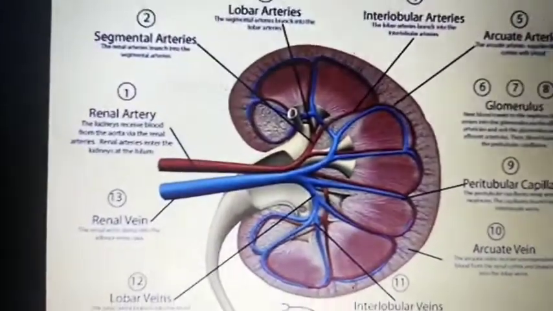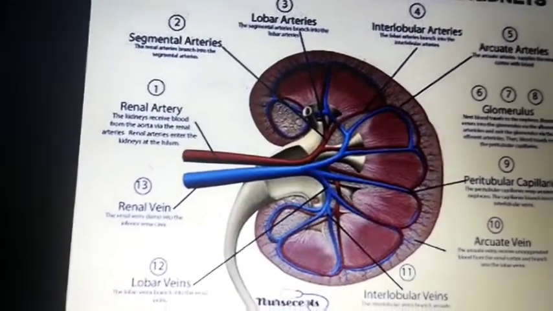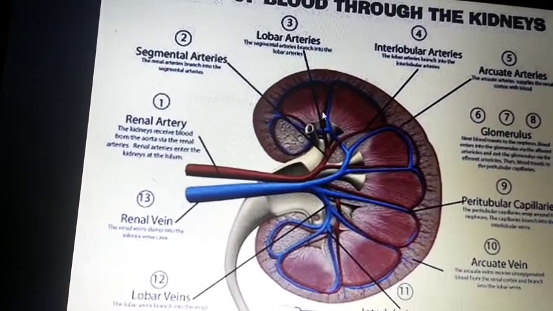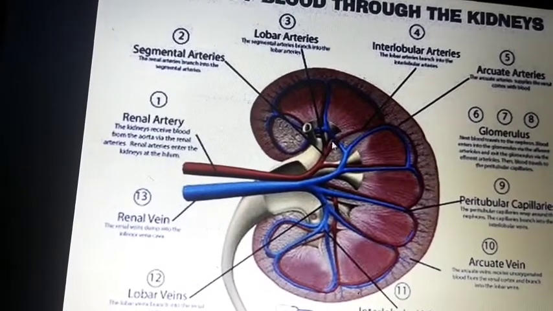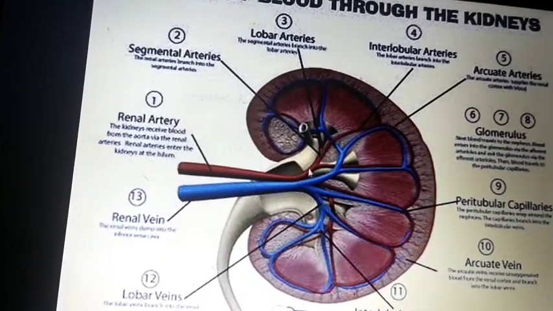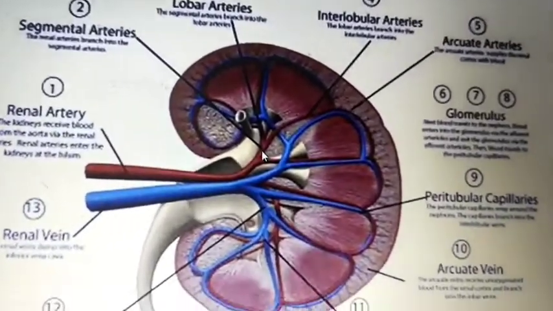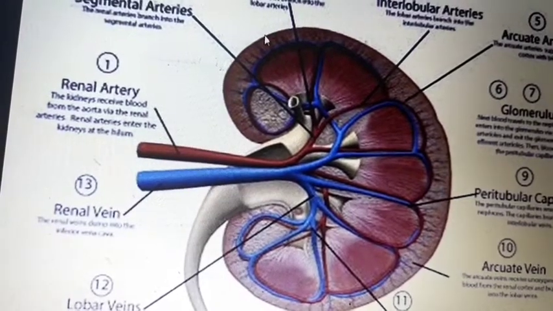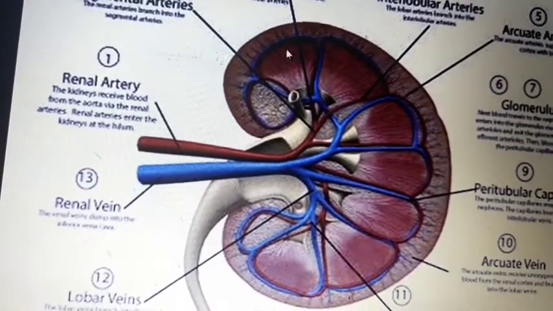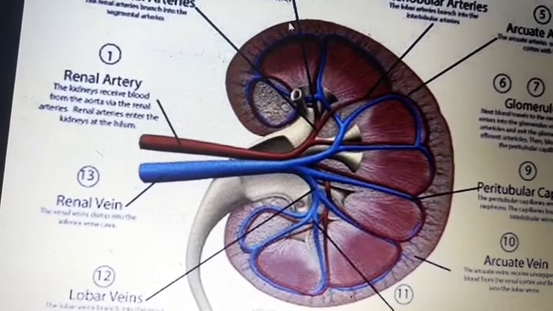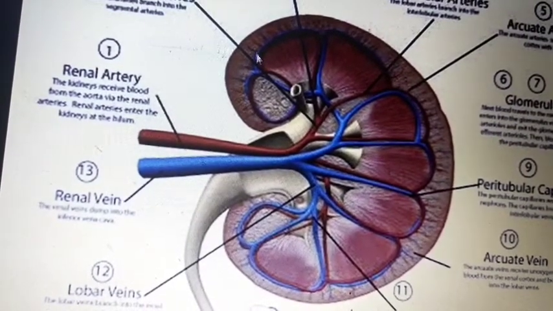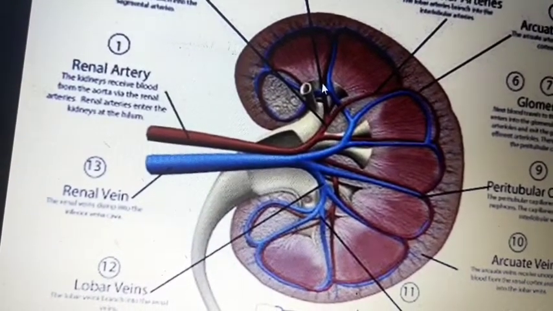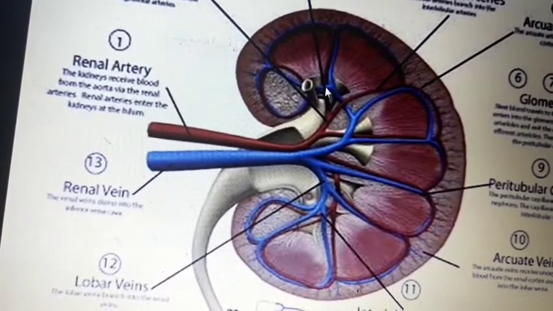In this picture you can easily make out that this is the renal artery. It gives the segmental arteries, maybe upper segment, middle segment or lower segment, like that. It gives the segmental artery first, and that segmental artery further gives branches to the lobar. You can see here this is one lobe, this is the cortex, and this is the pyramid; the capsule, cortex and one single pyramid make up a single renal lobe, and that gives one lobar branch.